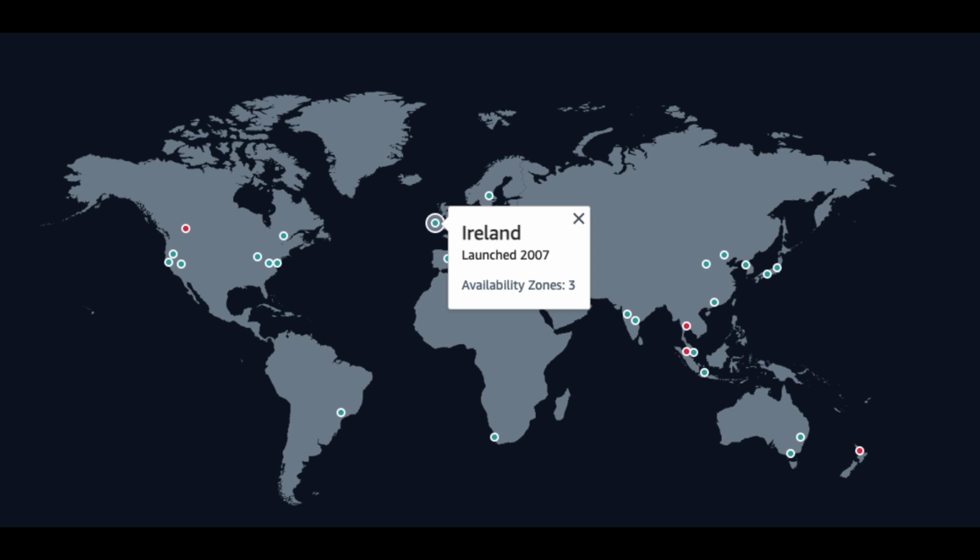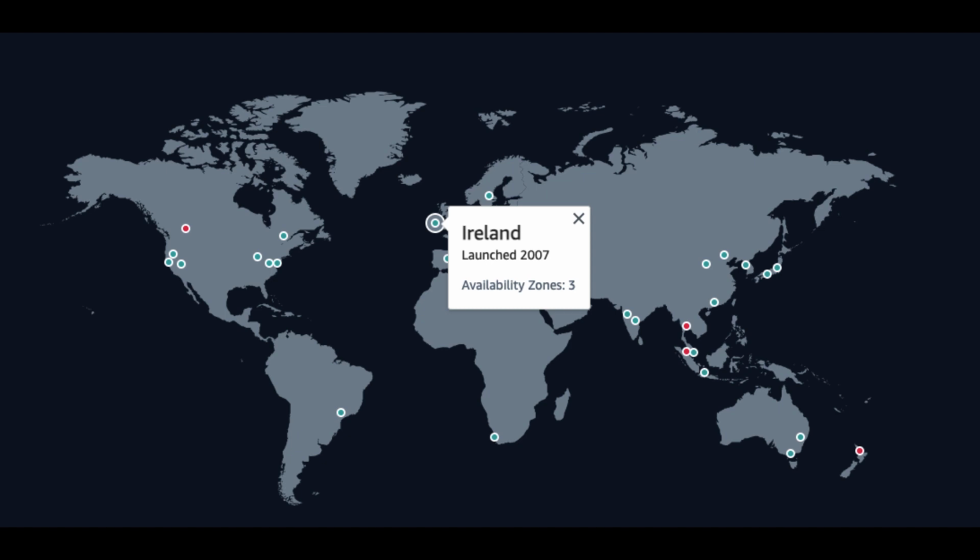Security at AWS starts with our core infrastructure. Custom-built for the cloud and designed to meet the most stringent security requirements in the world, our infrastructure is monitored 24/7 to help ensure the confidentiality, integrity, and availability of your data.